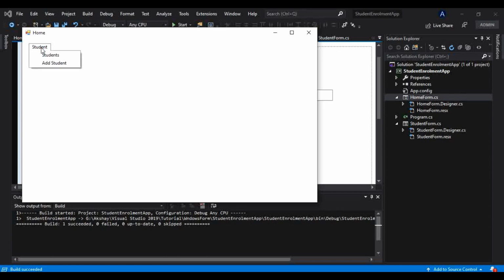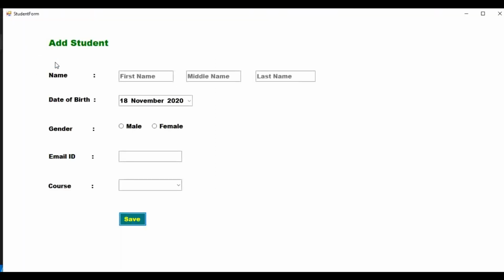So now if I go and click on that add student, and if I see this courses drop down menu, now we will get this list here. So from here we can choose anything, and whatever we choose, and if I click save and also fill all this information, this information should get saved into the database. And now that we will learn how we can save that.